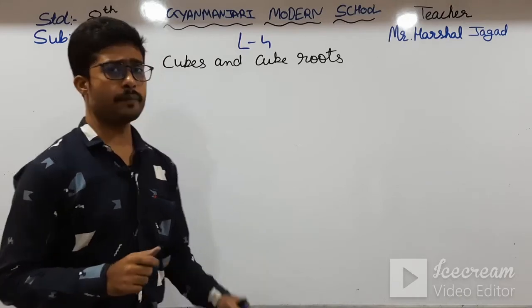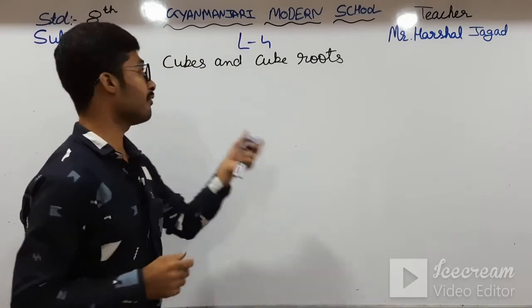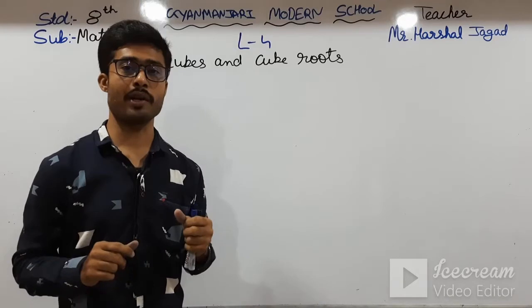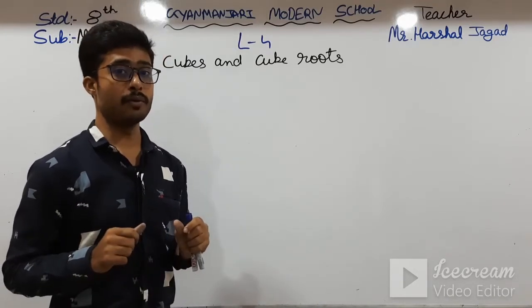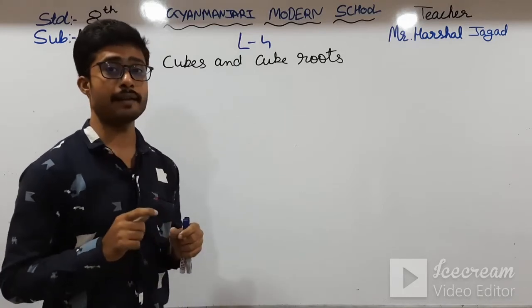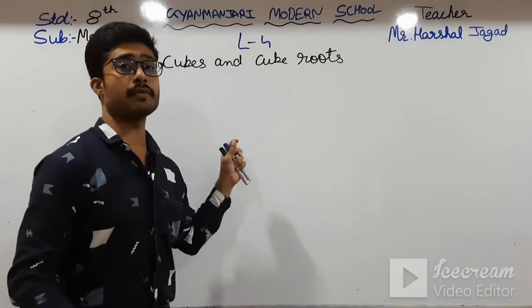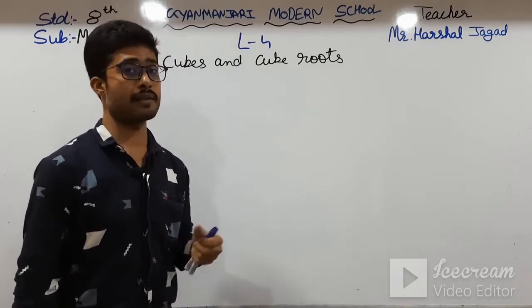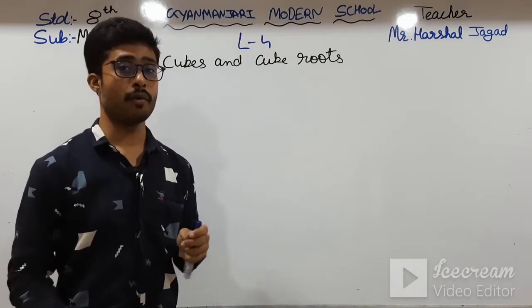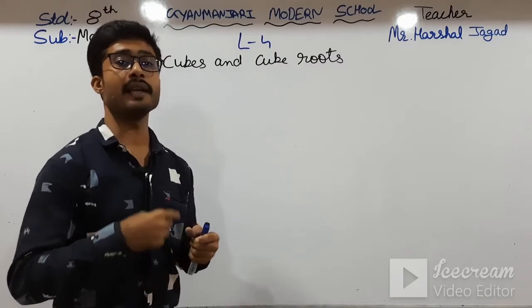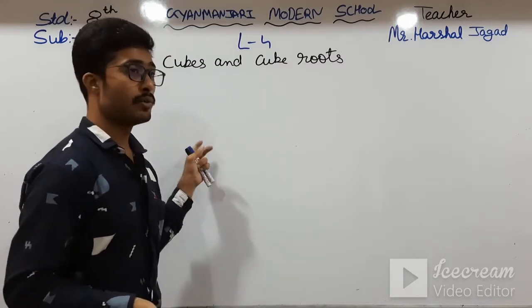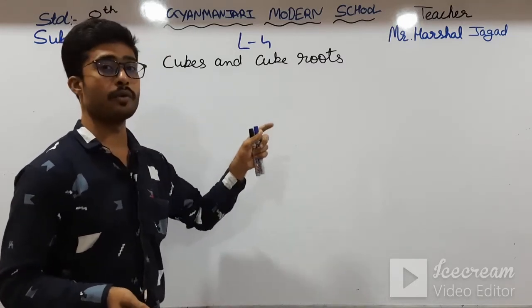We can say in previous videos, in previous chapter, Rachna ma'am has taught you about square and square roots. In that, what we do? What is square and square root? If we take the square of 2, then what is the square of 2? That is 4. Square means we double the digits. Means 2 square means 2 into 2.